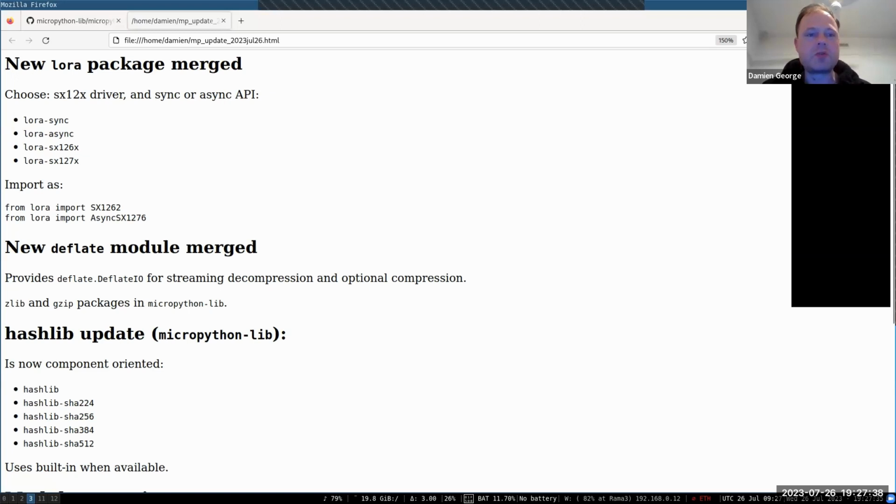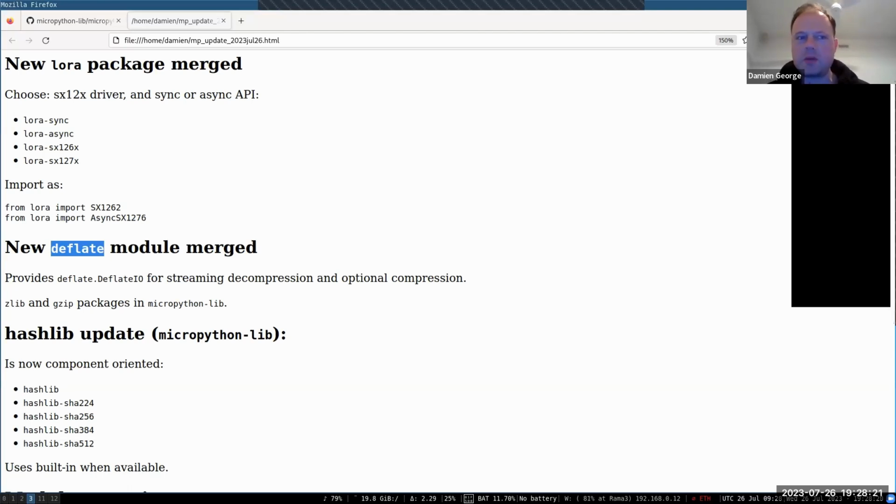The other thing that was merged, which has already been demoed, I think last time by Jim, was the new deflate module. Back then it was called gzip, but he did mention it was going to be renamed. So we came to the conclusion that, for all the usual reasons with MicroPython, you want things to be minimal, use less memory, and be good to run in an embedded context, and the existing Python APIs for compression and decompression didn't really provide what we needed. So what's been implemented is a custom MicroPython deflate module, which doesn't exist in CPython, but